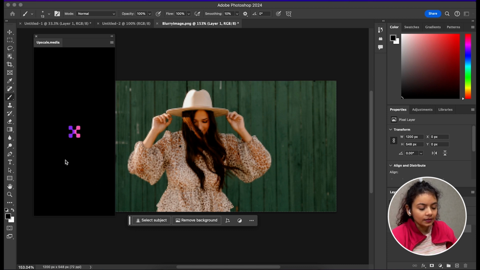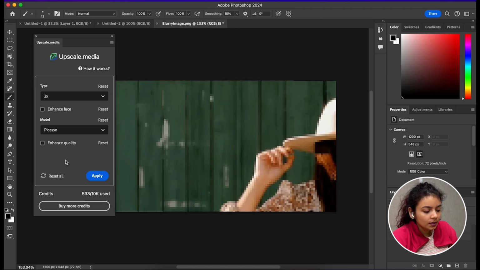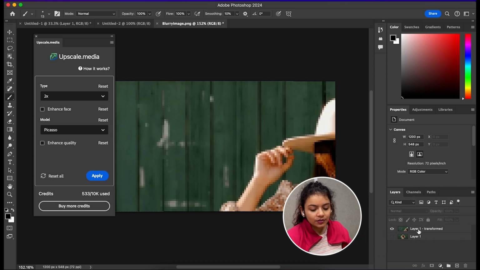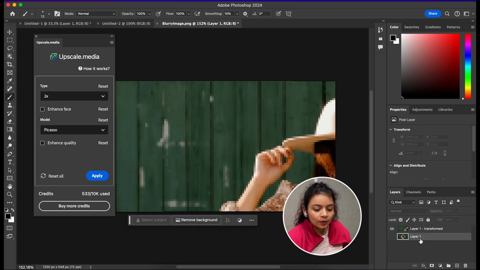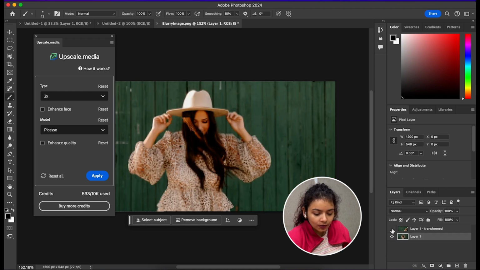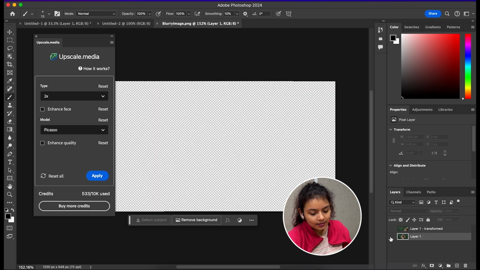On clicking on apply, it's going to try to enhance this image using our AI models that is built into our system. Let's wait for a bit. Okay. As you can see, the image has now been enhanced, and as you can see, there are 2 layers now that exist within your Photoshop. Layer 1 is obviously your enhanced image. Let's have a look at that one. And layer 2 is our transformed